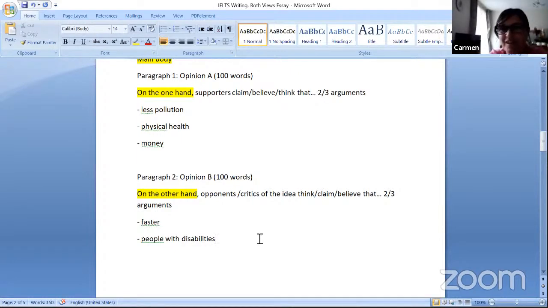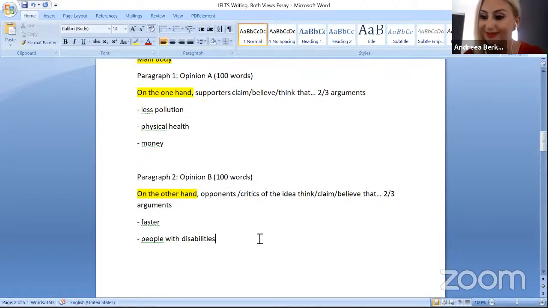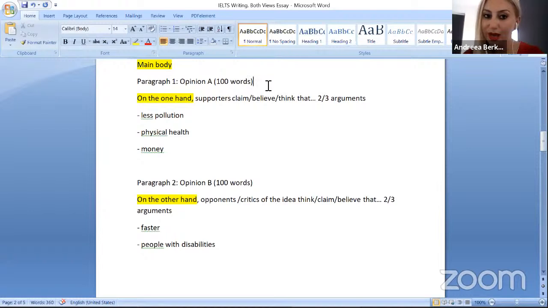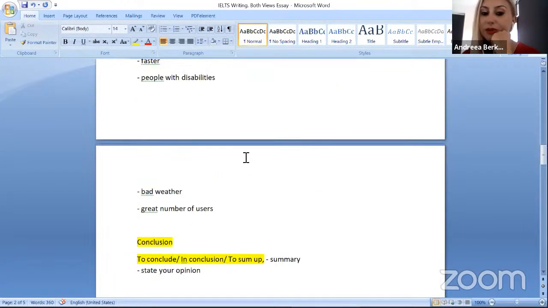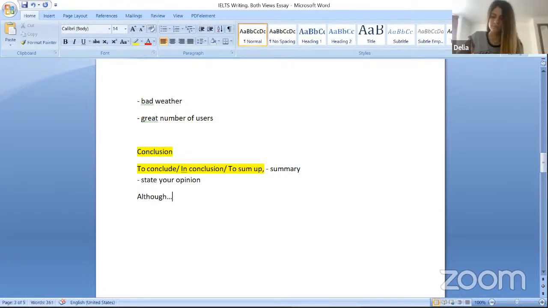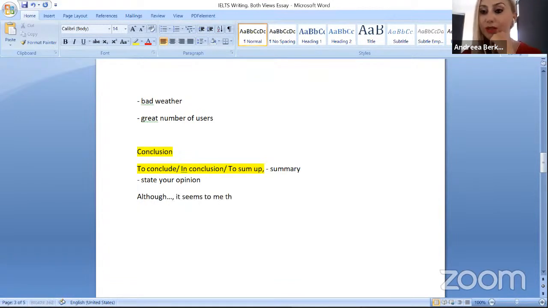I think it's the best. It's A or B? A. Okay, so you support A. Good. I would start saying that although people with disabilities can benefit more from the existence of public transportation, translated in the usage of buses or trolley buses,